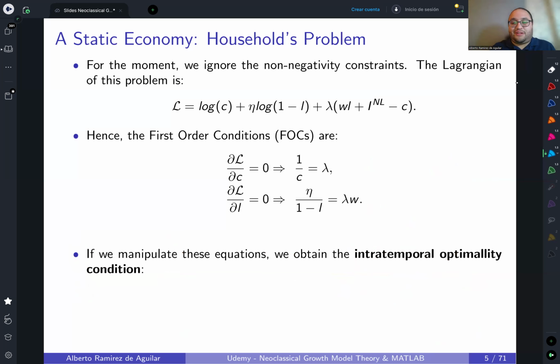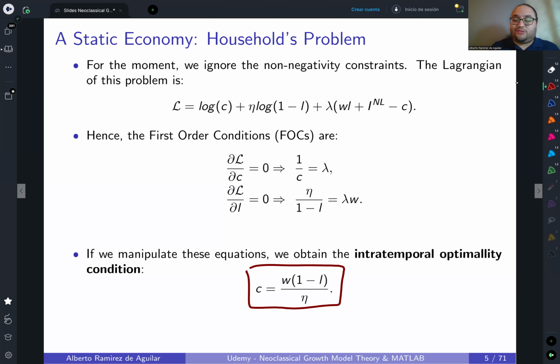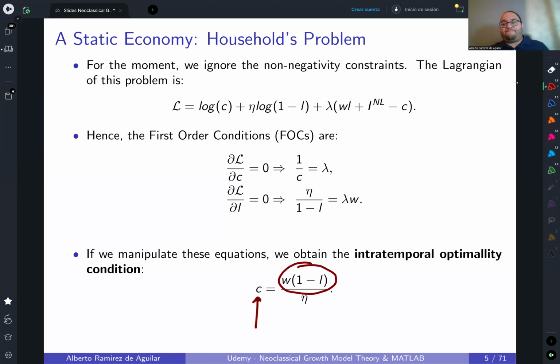And we can manipulate this to write it in a different way than in the previous slide, just because in here I'm showing how consumption is going to be a function of the wage and labor. Okay, this is going to be important because